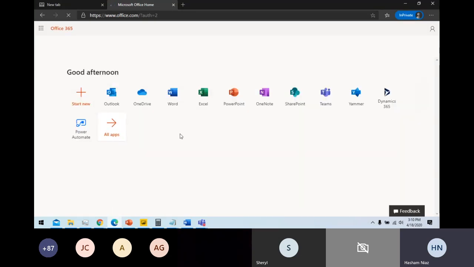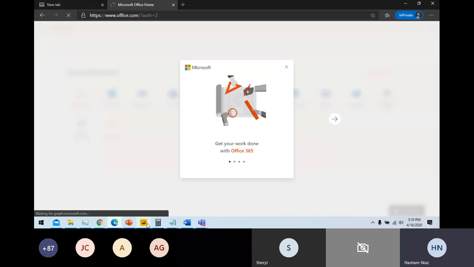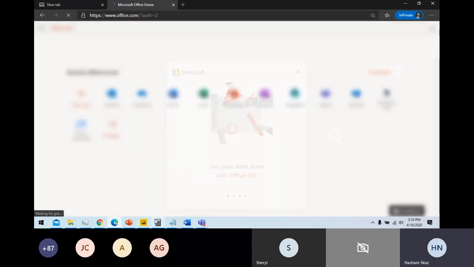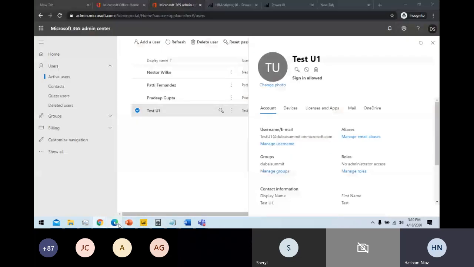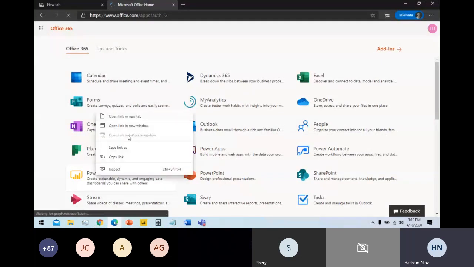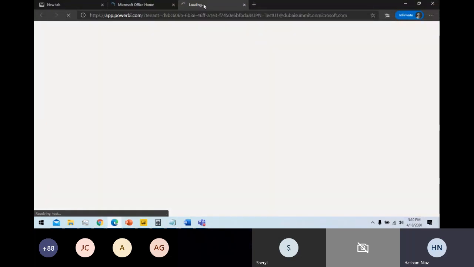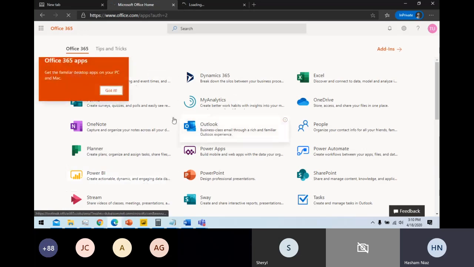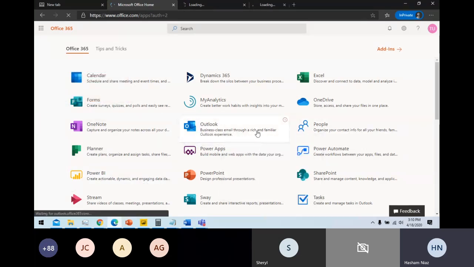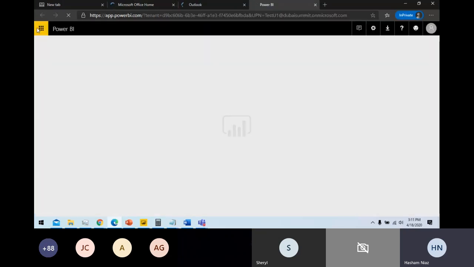Now I'm logging in with this particular user. Let's see if it has a Power BI license or we need to assign a Power BI license here as well. So we need to go back here and we have a Power BI license for this particular user. So this particular user will have this information available in his Outlook as well, that the report has been shared with you. If I go back here, in this user, he does not have access to the workspace. We only shared the report with him.